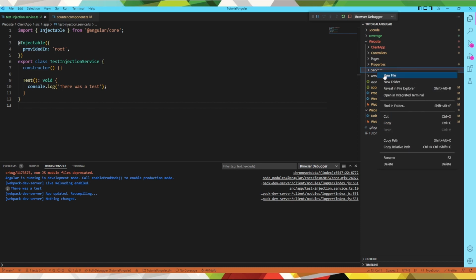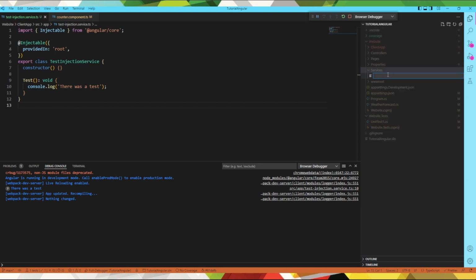So inside of that, we'll go ahead and do a new file. And what are we going to name this service? Well, let's pretend like we had a bunch of stuff in place for logging. Well, we already have a logger service that's being injected, so that wouldn't be the best example for you guys. Let's just keep it simple with the same kind of scenario. So we'll do a TestService.cs,